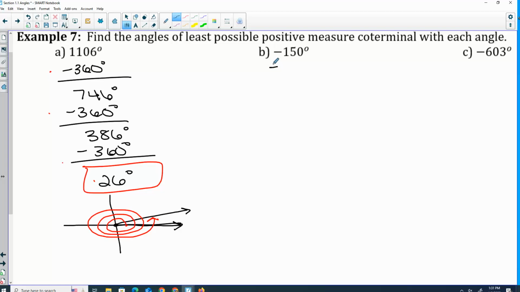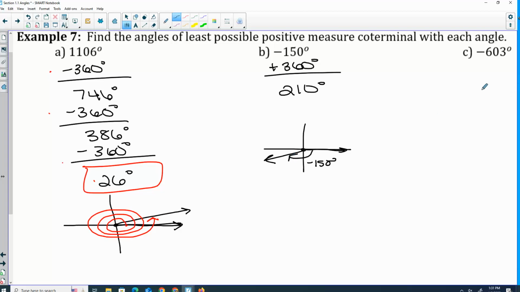It's negative, so we would add 360 and get 210 degrees. I didn't ask for a picture, but you could certainly draw one. If we think about this, this is 90, 180, 210 would be about here. So 210 would spin this way, negative 150 spins this way, but either way the terminal side ends at the